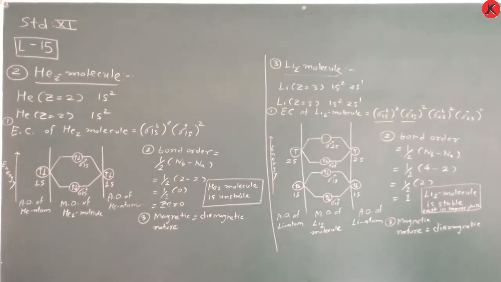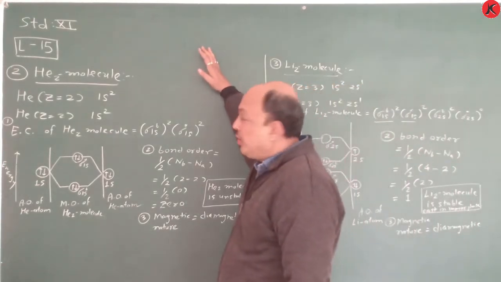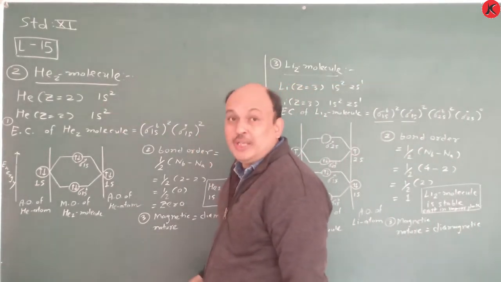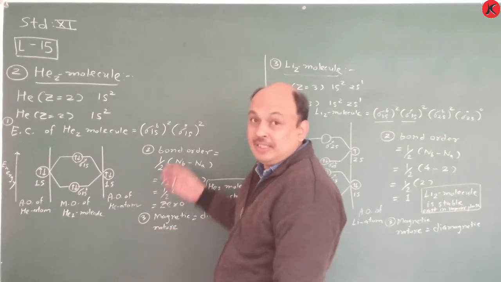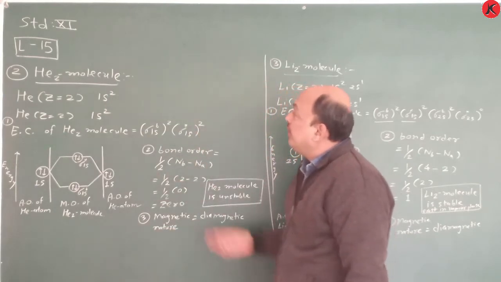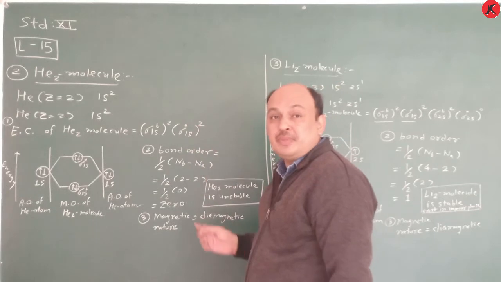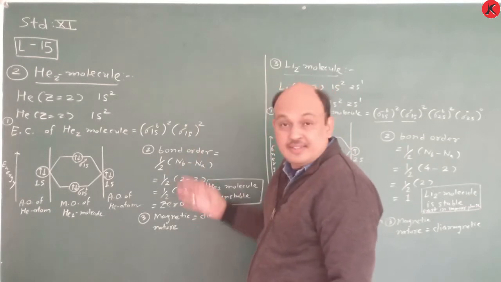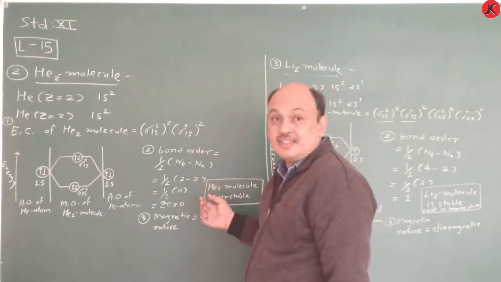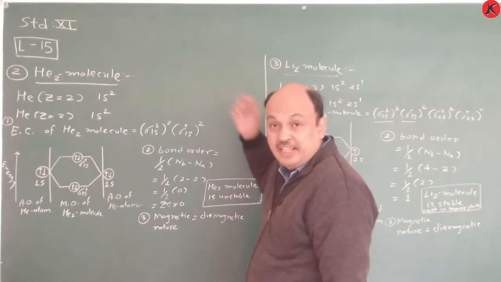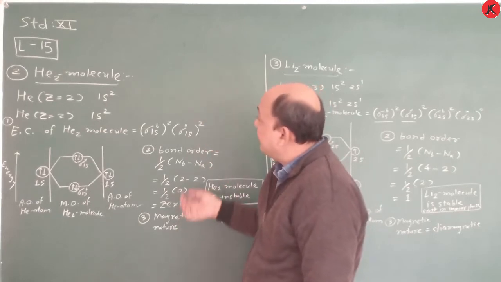Now here is a very important topic. Second, draw the molecular orbital diagram of the He2 molecule. Remember, then we discuss the Li2 molecule. Helium, you know that helium is an inert gas, noble gas, an element with zero oxidation state, group 18 element, you know this one.